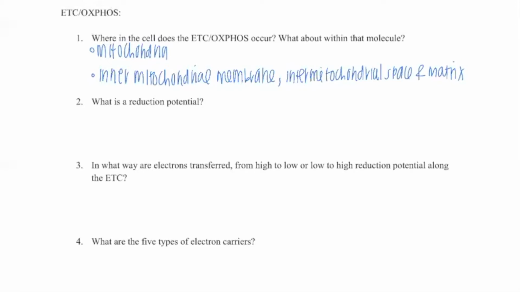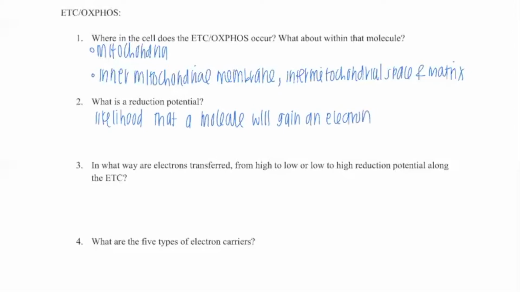So now if we go to the second question, what is a reduction potential? So a reduction potential is, just as it says in the name, the potential of a molecule to be reduced, right? And if something is reduced, that means it'll gain an electron, right? If you guys remember from Gen Chem, Leo, Ger. So Leo is loss of an electron is oxidation, and Ger is gain of an electron is reduction. So reduction potential is the likelihood that a molecule will gain an electron,